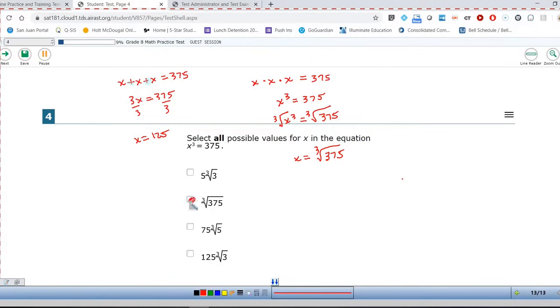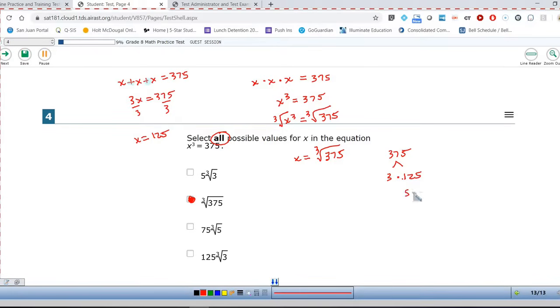I do. But look carefully. If you look at the instructions, it says to select all the possible values. So that means there's probably another one of these answers that is correct. Now, let's take a look at this number, 375. I can break 375 into 3 times 125. And you might say, well, how is that helpful? Well, it's helpful in this way because